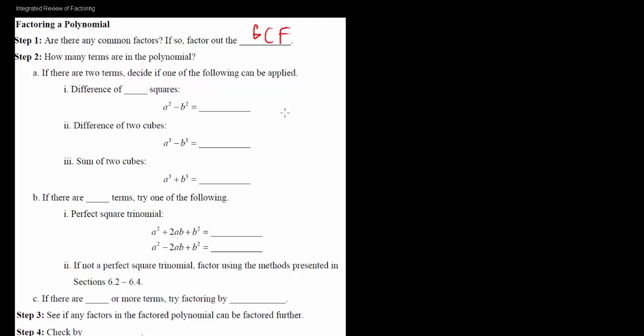Once you factor out the GCF, you then need to look at the polynomial to see how many terms there are in it. If it's a monomial, binomial, trinomial, polynomial, we need to see. So a binomial would have two terms. And so for binomials, we have three formulas. We have a difference of two squares. And if you have a squared minus b squared, it will factor by saying a plus b and